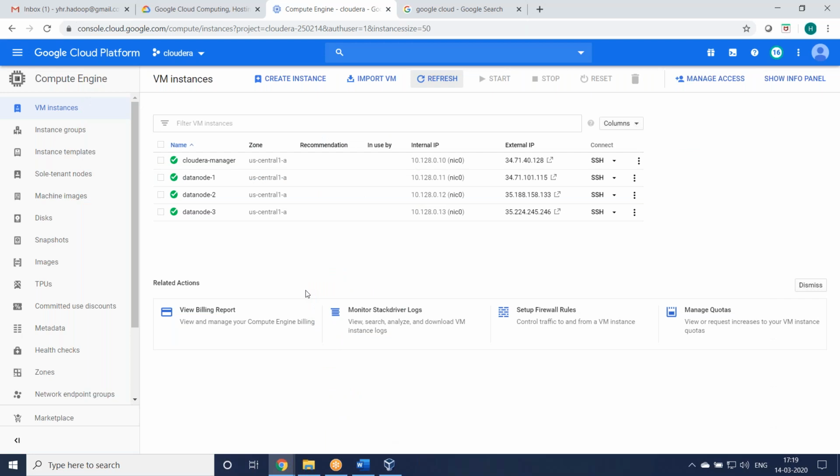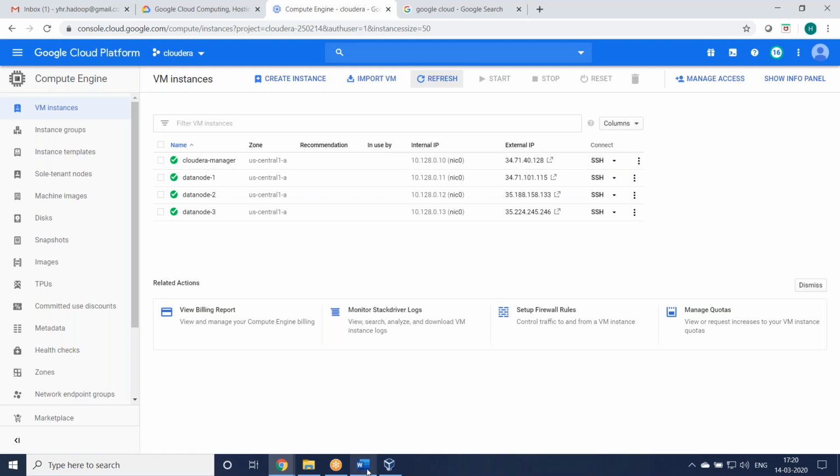So the first point for every server you launch: you can change the root user password. Root is the admin user in the Linux environment, right? So any installation we can do through the root account only. After launching the machine, when you connect through SSH, I'll show it, it will open a window. First change the root account password, then switch to the root user, then we can start any other checks and then install the software.